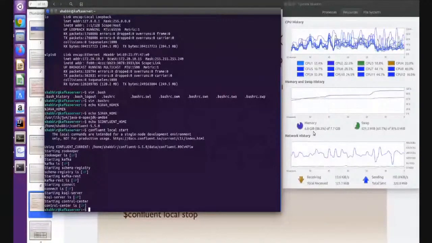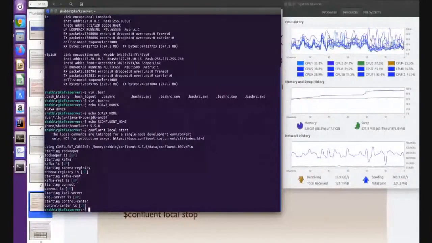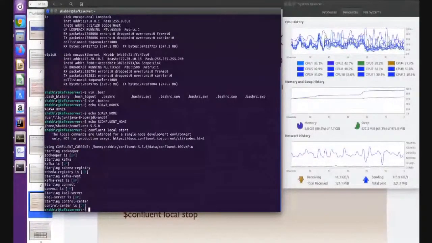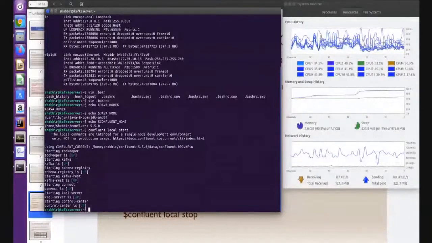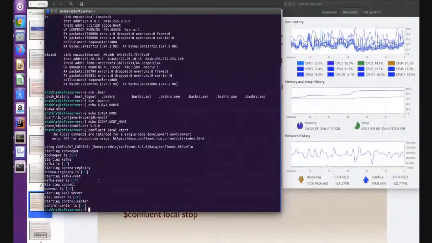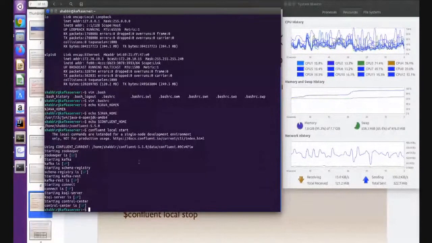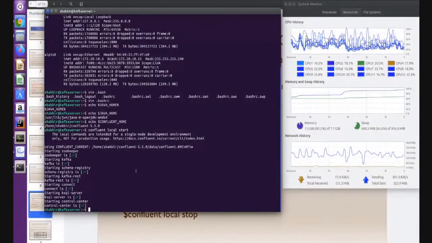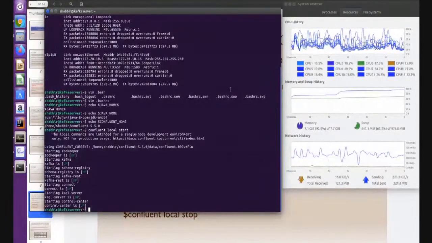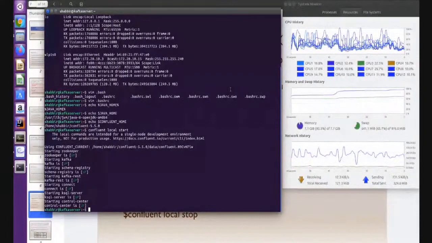6.7 GB, right? And now all my servers are up and running. Zookeeper is running, Kafka is running, schema registry is running. No need to worry too much, because so many servers are running here, right? So we will see how to work on each today. Now this is the easiest way I have started the system, Confluent platform.